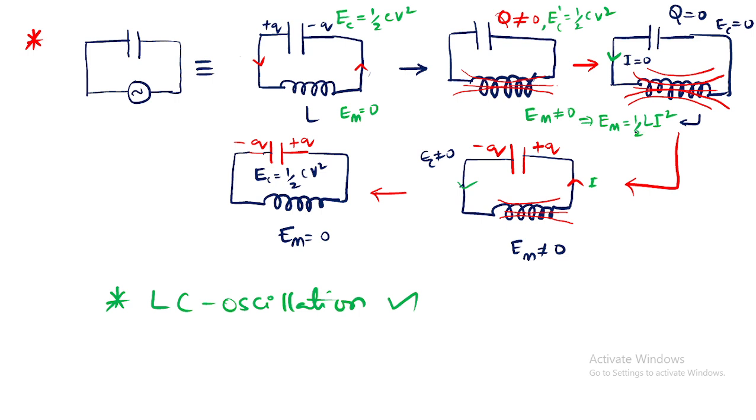Maximum current. So for this one, this one? This is completely 0. It lost all the magnetic energy. Half Li square is equal to 0. Zero. Got it? That is how you convert the energy. So inductor and capacitor, they will exchange the energies. During their exchange of energy, the oscillation will occur. Clear? So this finishes your chapter.